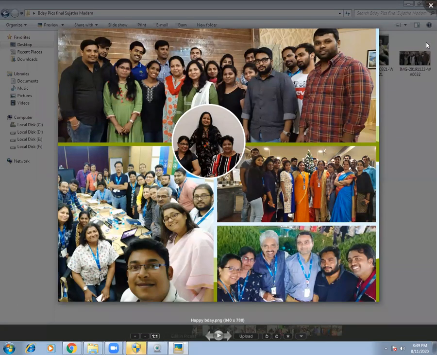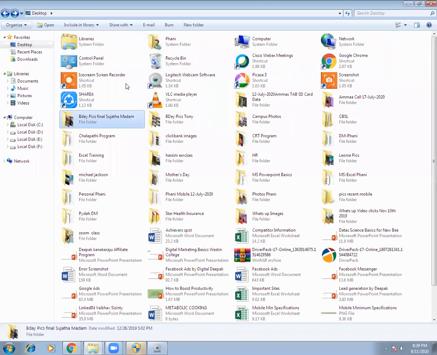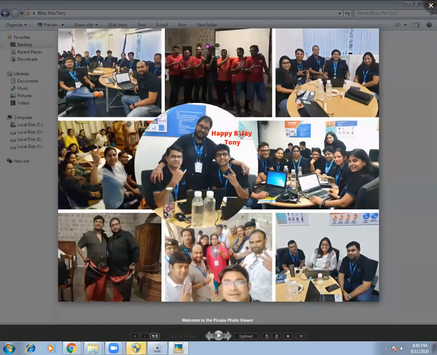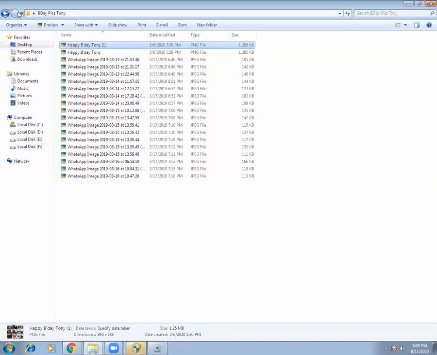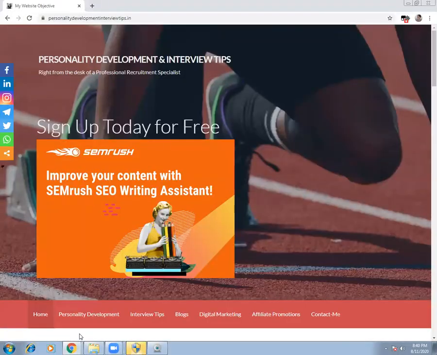So this is how you can create designs, and you can create these designs in just 5 minutes. If you have the photographs handy, all the time you are going to spend is on selecting the photographs. Similarly, I've done it for one of my senior managers' birthdays. So this is how I did it. You can add something like a happy birthday on the wall. How you actually go ahead and do all these things is something that we are going to learn in Canva today. For all these things, I use one option in Canva called the grid tool. So I'm going to show you that right from scratch.